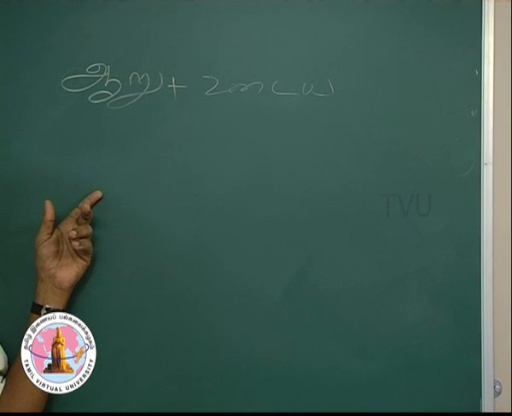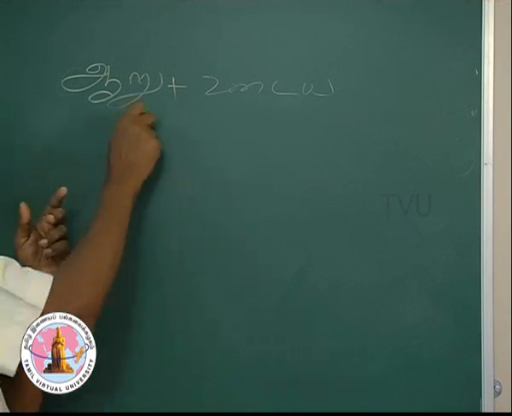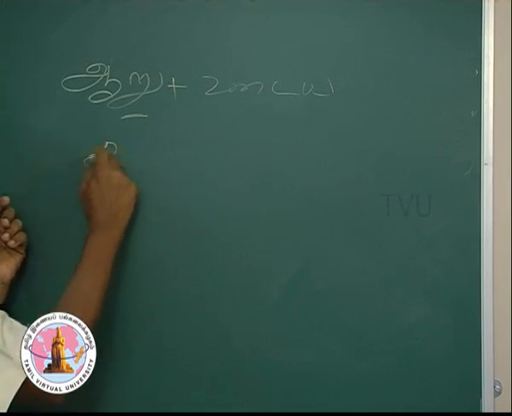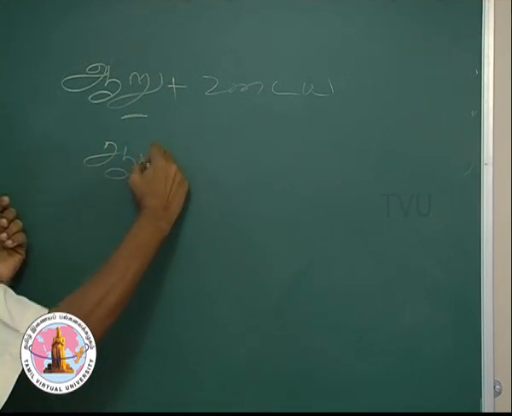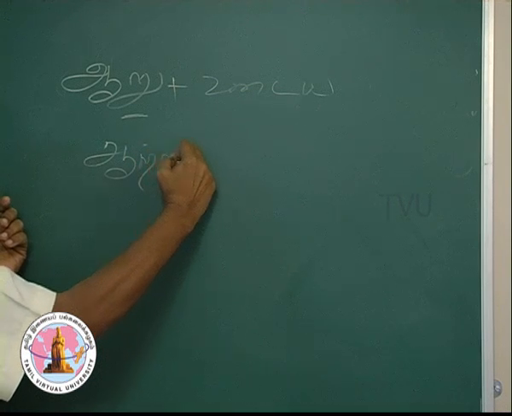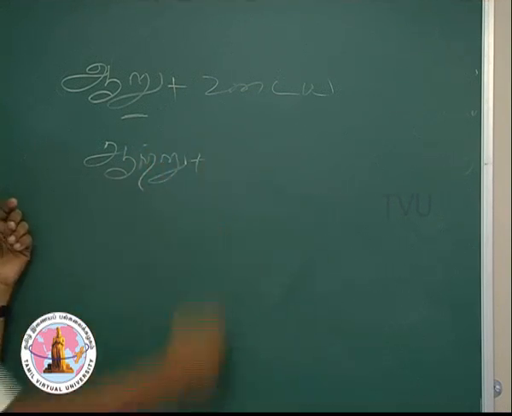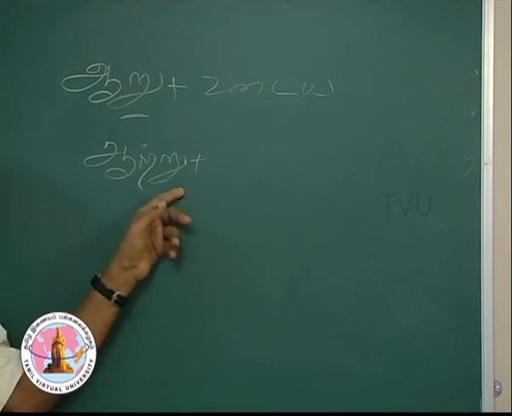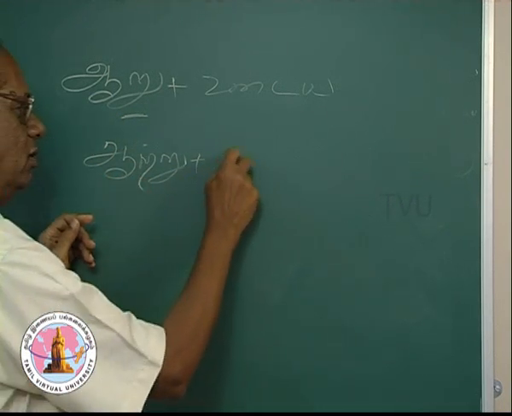Why? This also ends with a short vowel. The Ru is a short consonantal vowel. So naturally it undergoes the first change, that the consonant is doubled, and then you have the suffix in,